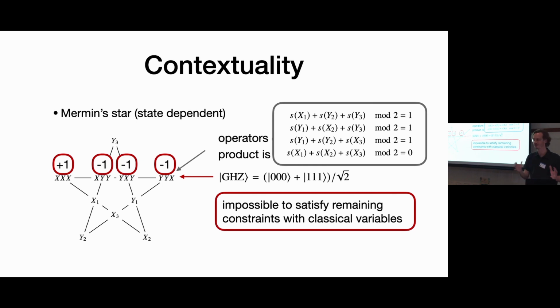So it's a similar game, except here you play it on the GHZ state. And if you use a different state, I think it is possible to satisfy all these. So it's important what state we have. Good. And then you say this is contextual with respect to the GHZ state. I think it's some lingo that essentially you can't have a hidden variable model for all these measurement outcomes with respect to a certain state.